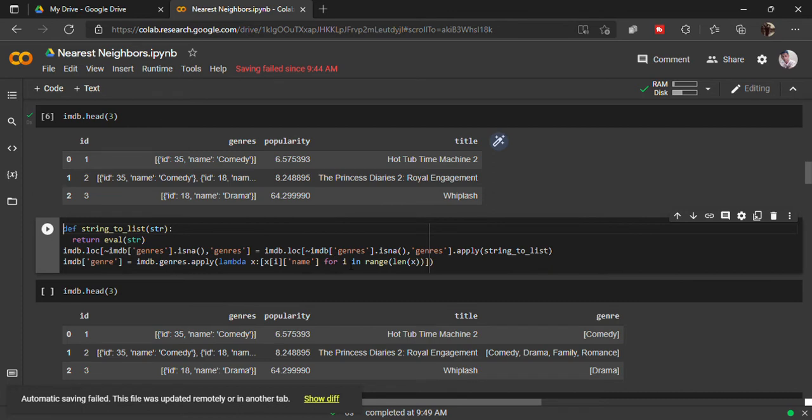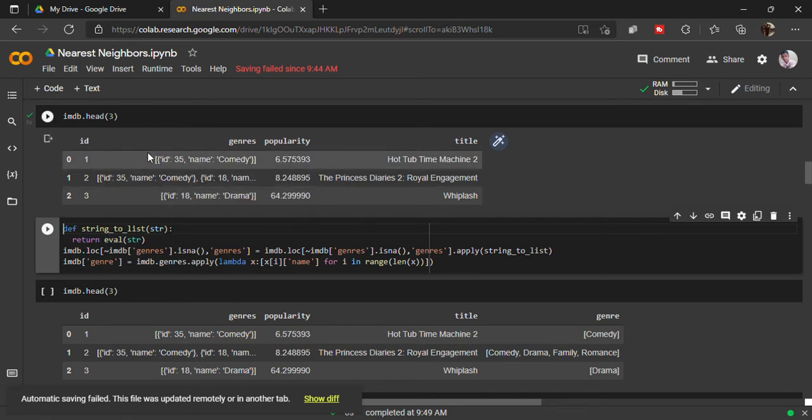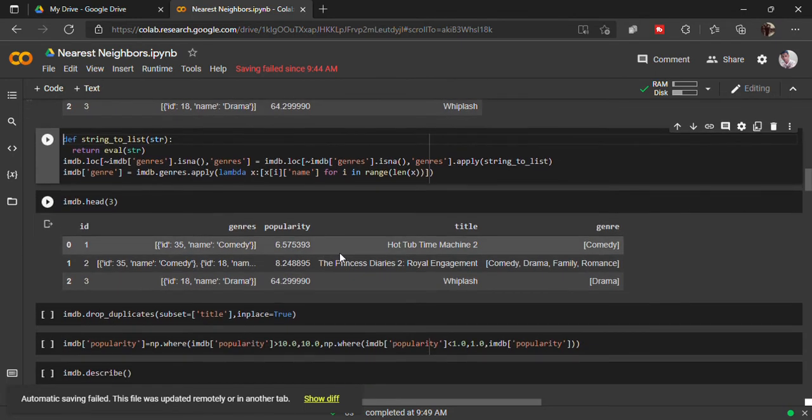The same step: isna, genres, apply string to list. This is a string, right? So when you apply a function to it, it will take this particular thing as a string and apply the function string to list. What this function does is evaluate this expression, which is a list, and inside that is a dictionary, right?